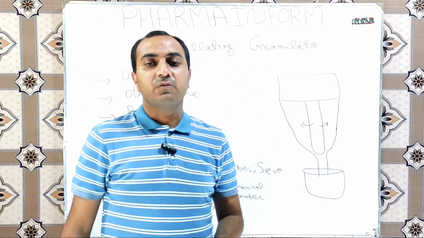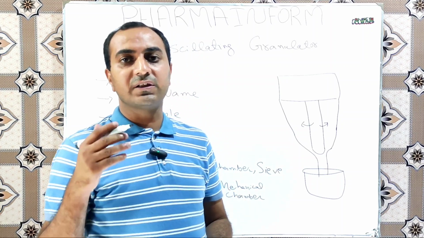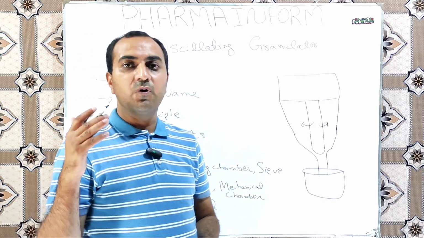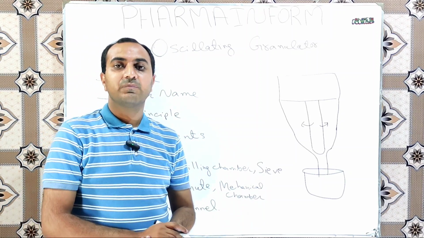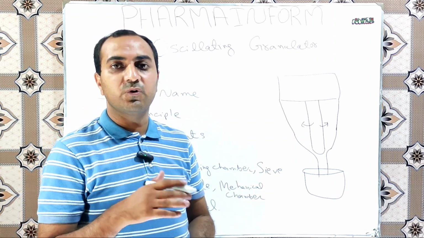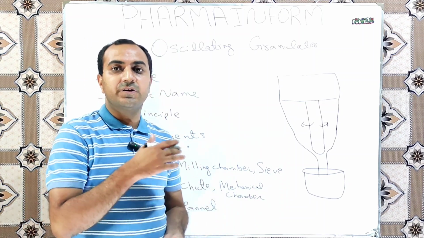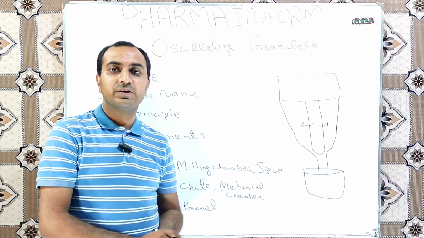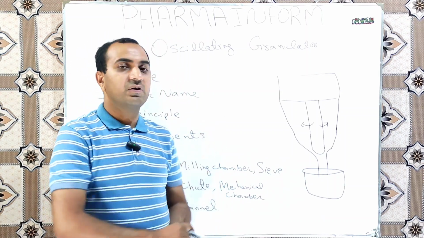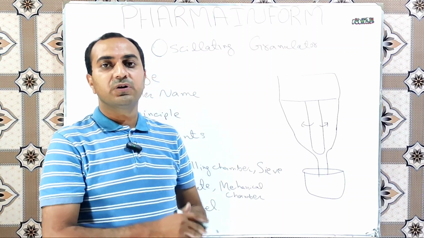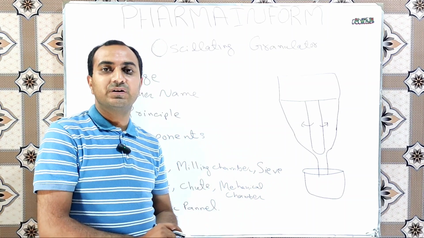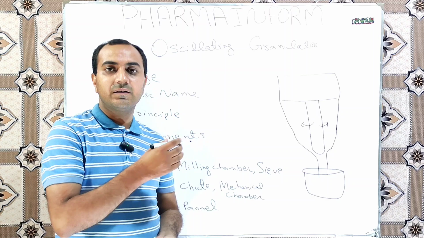Oscillating granulator. What is the oscillating granulator? The oscillating granulator is an equipment which is used in pharmaceutical industries for crushing the granules. Meaning, we use the oscillating granulator in pharmaceutical industries for sieving or crushing the dried granules. It is also used for screening of slugs, and for sieving of powders during the sieving step of wet granulation, dry granulation and direct compression.